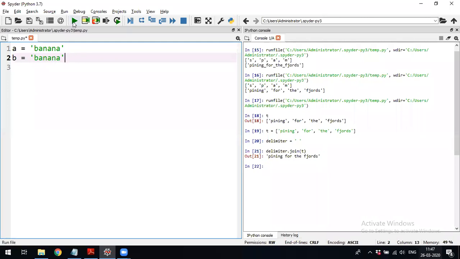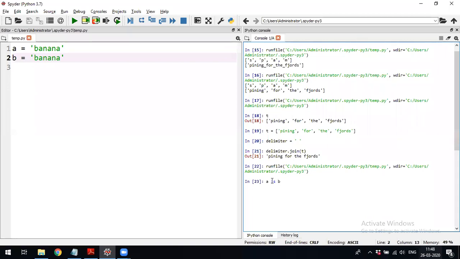They could create two different objects. If you want to check whether both are same, there is an operator, is and is not. If both a and b reference the same object, then a is b should be true.